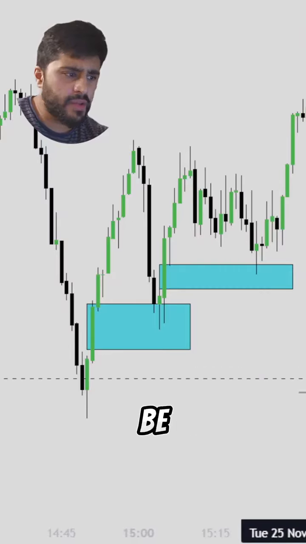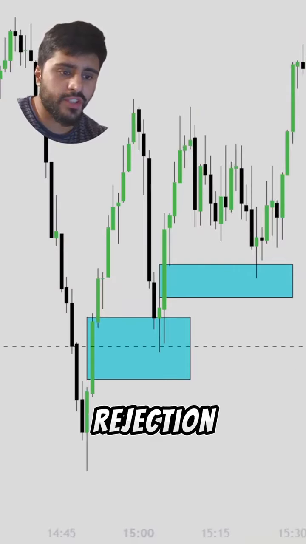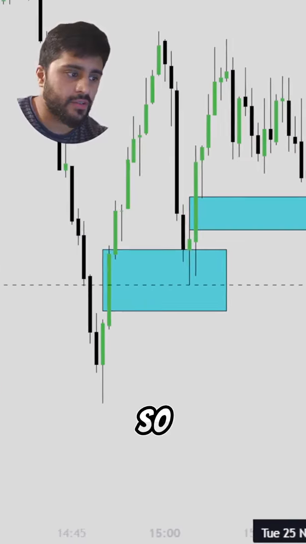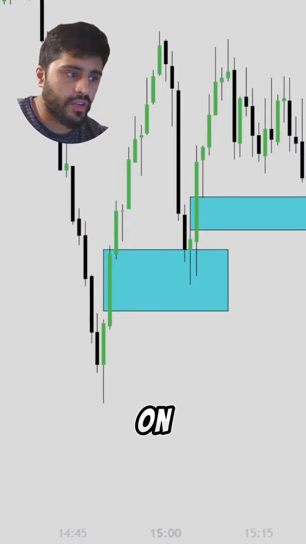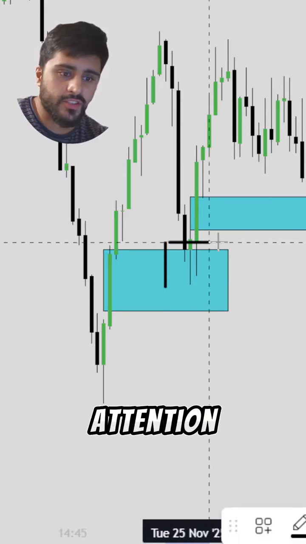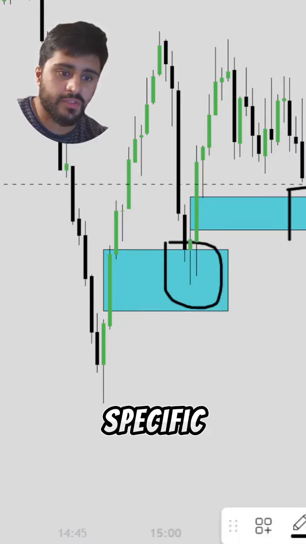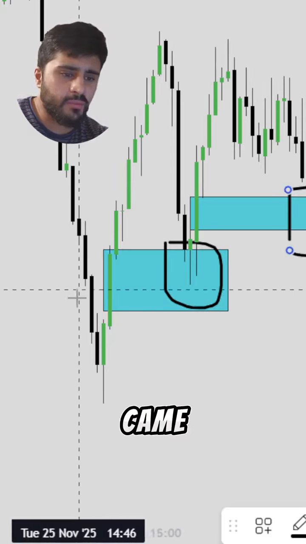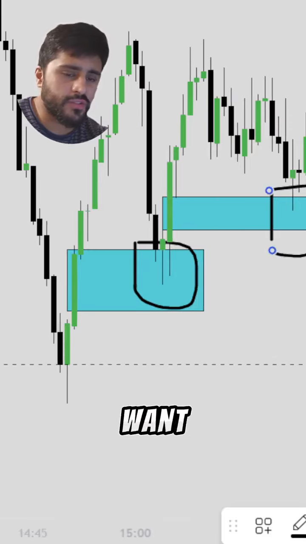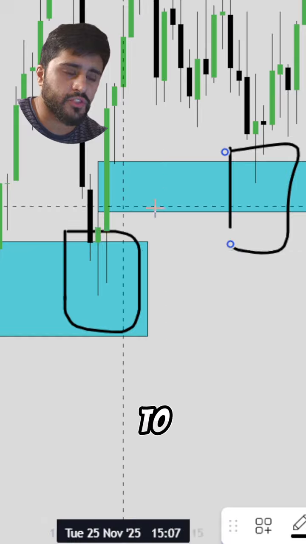So in this video, I'm going to be going over how to spot a rejection of a lower time frame fair value gap, right? So if you trade the 1 minute chart on ES or NQ, I want you to pay attention to this specific area and this specific area. So price came off these imbalances, and I want to explain how you can use order flow to spot these